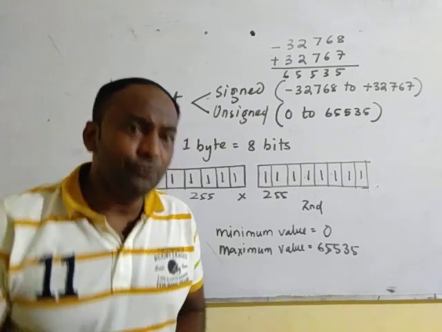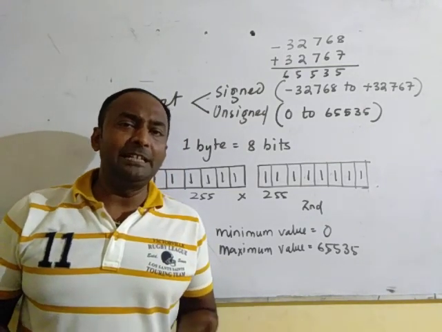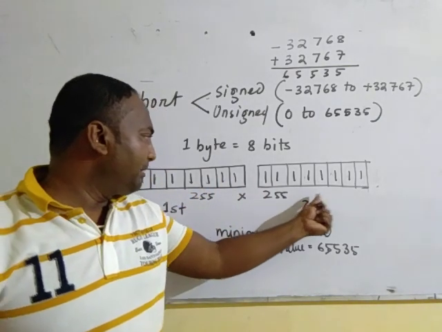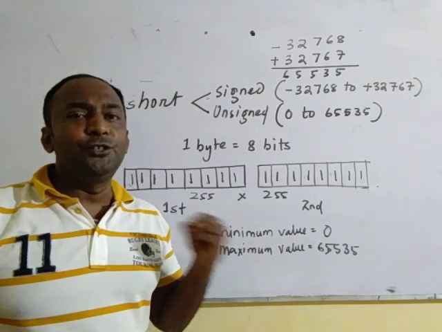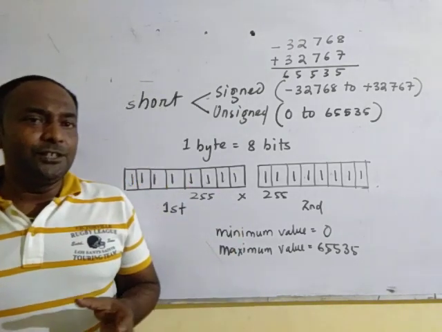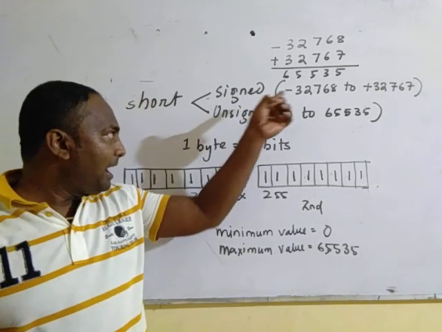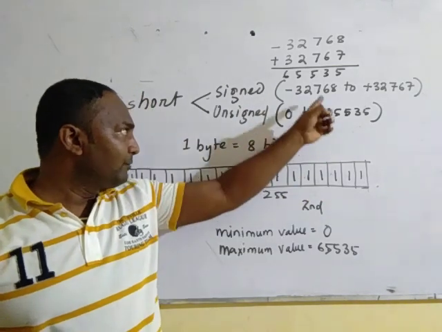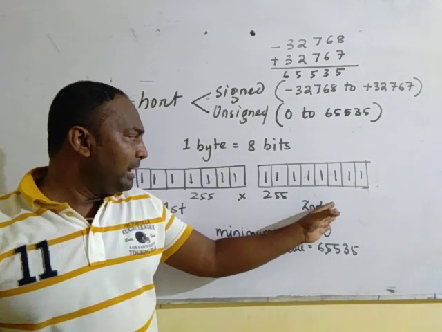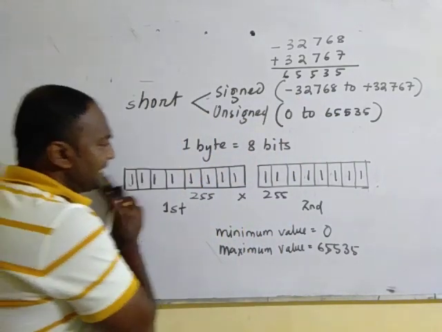Okay. So like this we will calculate the range of integers, range of long values, because integer is 4 bytes, that means 255 into 255 into 255 into 255 is the maximum value, 0 is the minimum value. For both signed and unsigned we will find the values. Okay. So integer data type consists of three types, that is short, integer and long. I have described how to find out the memory and the range of values for the integer types. You can also find out that for the integer values.